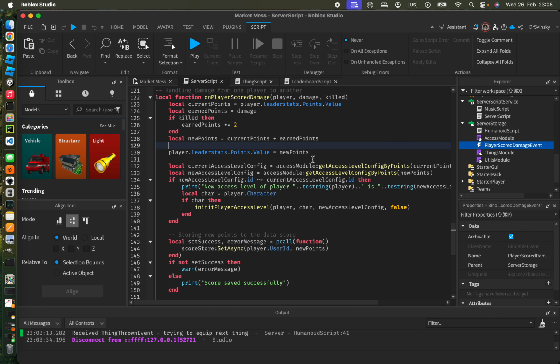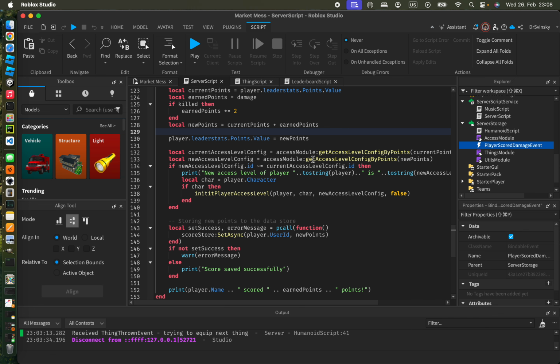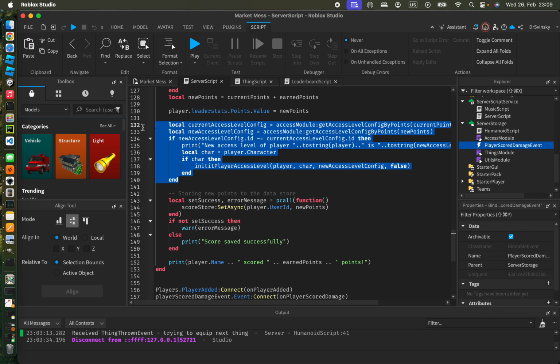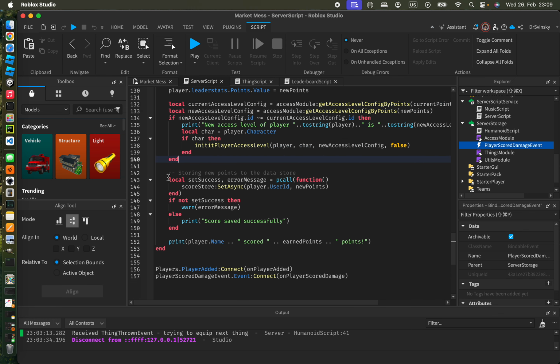And in order to handle this, and in order to store the amount of points a player earned, we use storage to persist the amount of points. This is some other stuff I will cover in another video, but here what we can see is that we additionally